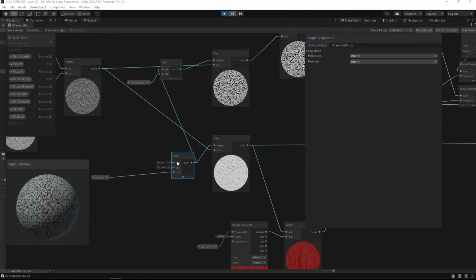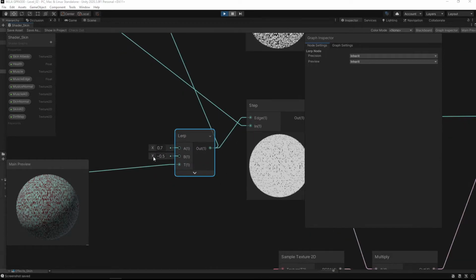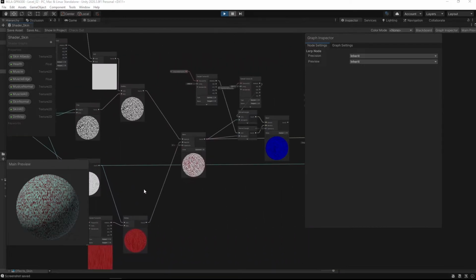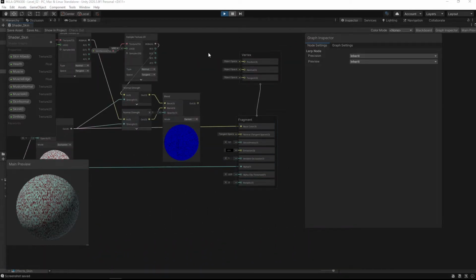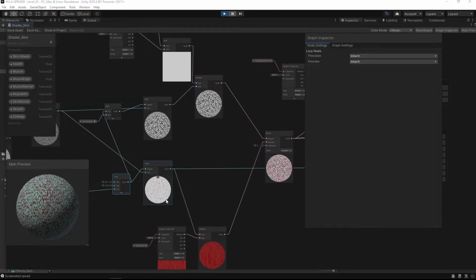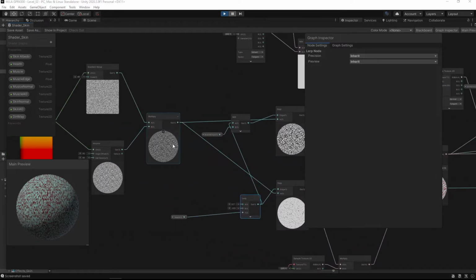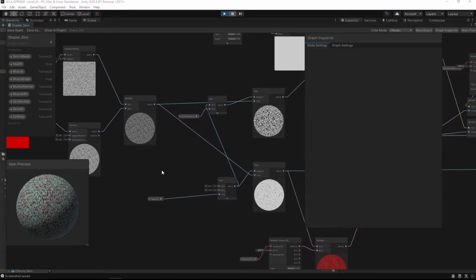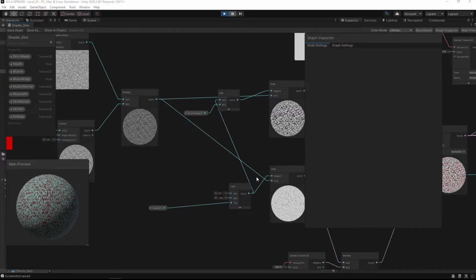I've adjusted it slightly just to make it look a little bit better, but in here alpha we can adjust the alpha of objects. I believe it's black being fully transparent and white being fully opaque. So if we take the alpha from this gradient and Voronoi noise, and because it's black and white, we can use that